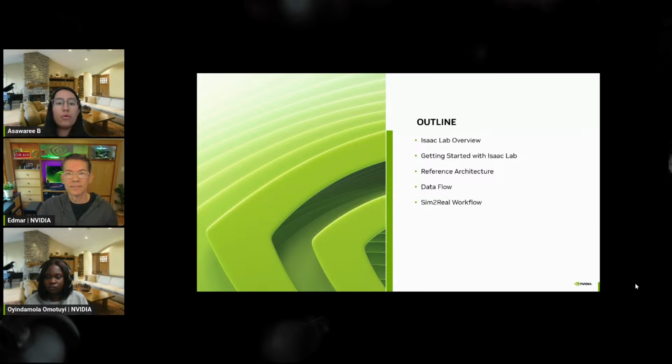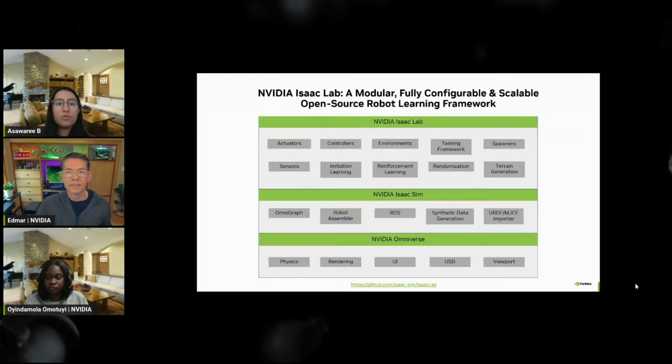And then we're going to be going on to a little more technical detail. So that's where the reference architecture, the data flow, and sim-to-real workflow comes into the picture. Through those sections, we're going to be understanding how you can really start using it for your particular use case and customize it for what you want to do. So let me talk a little bit real quick about the entire ecosystem, how Isaac Lab works with Isaac Sim